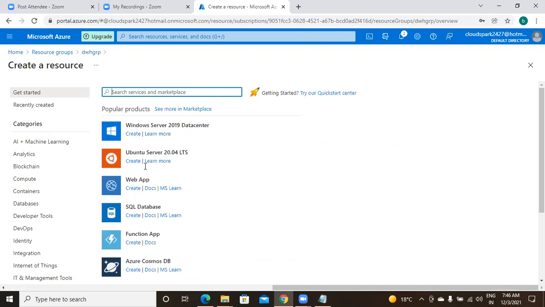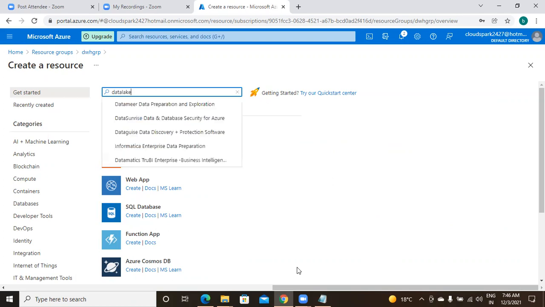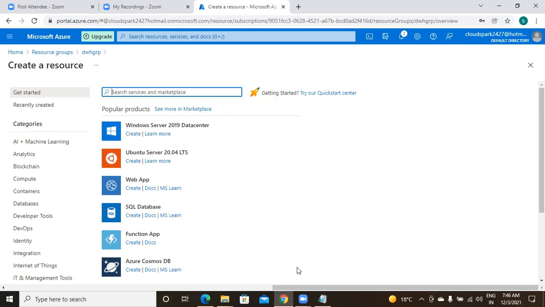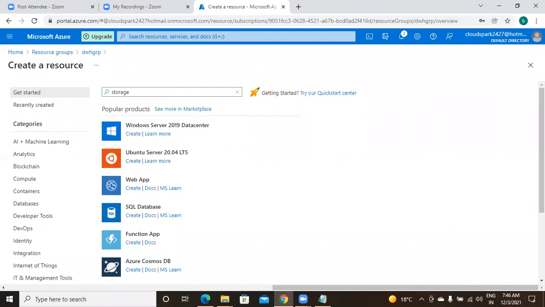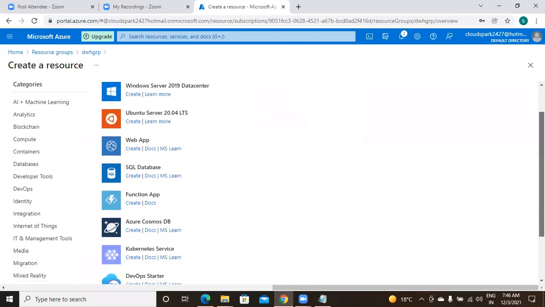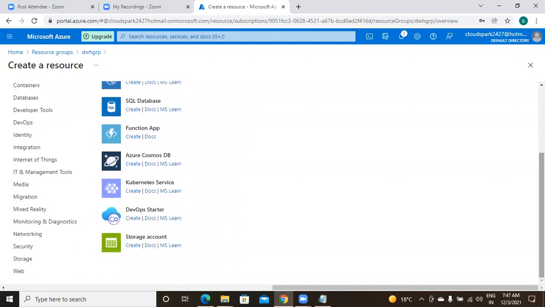All these are the different resources. First, I'm going for a data lake, that means a storage account. Simply say storage. Where is storage? Here it's not showing. Come down. In the last, the storage account will be available for you. Look at the last one.